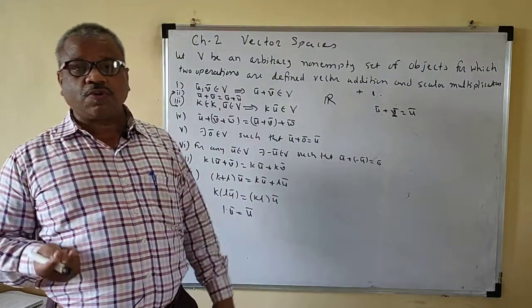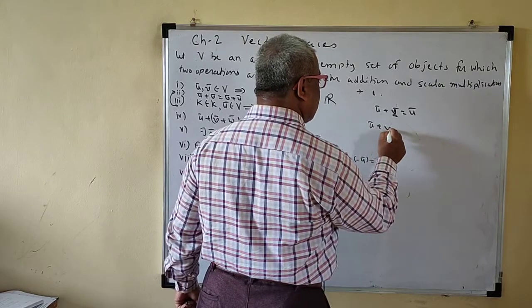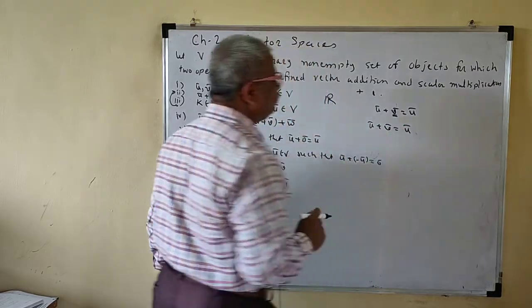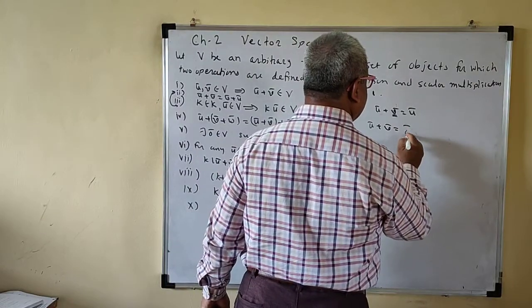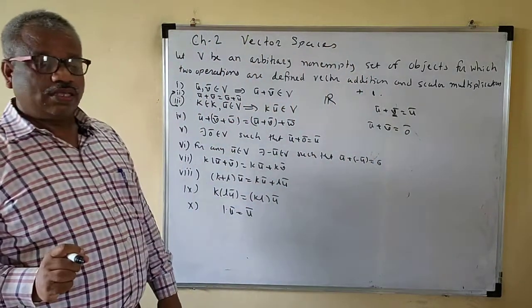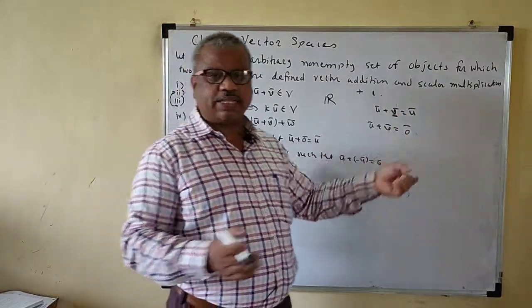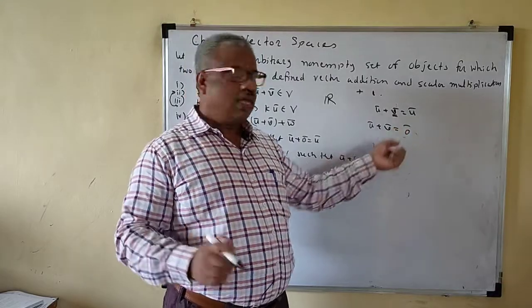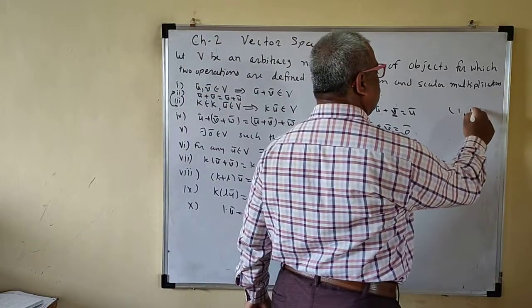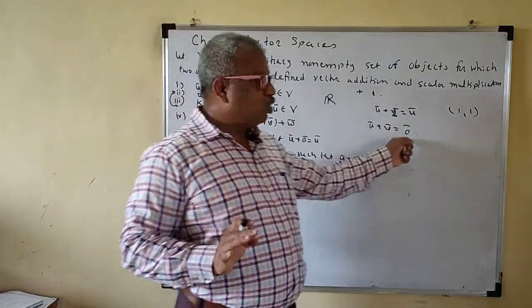So if you want to find an inverse of this one, what do you have to do? u bar plus v bar is equal to the additive identity, that is zero bar. So you have to take the identity. Whatever the identity is, zero bar does not imply that all components are zero or that everything is zero. Zero bar may be a zero vector, note that.